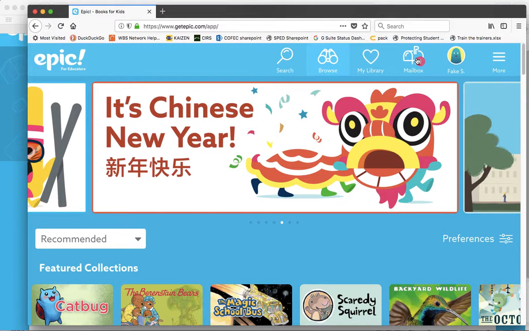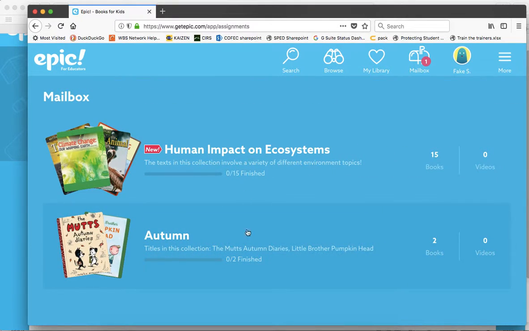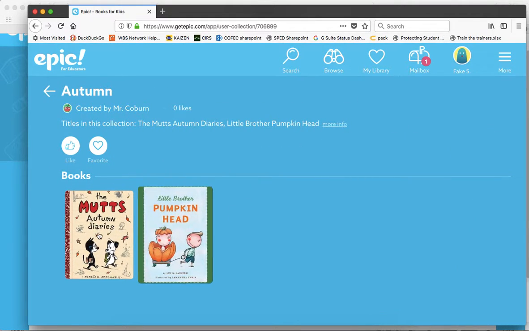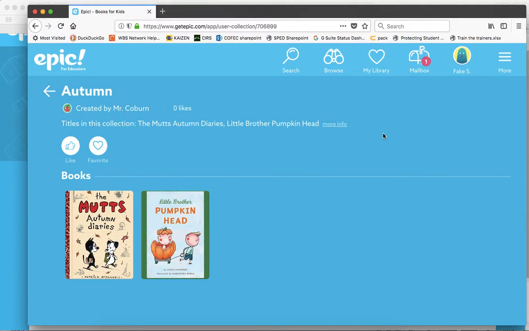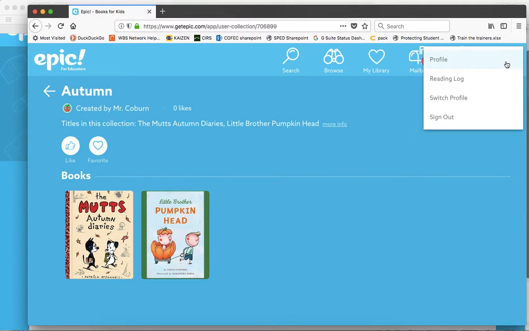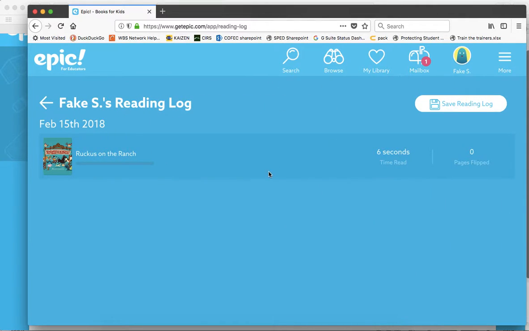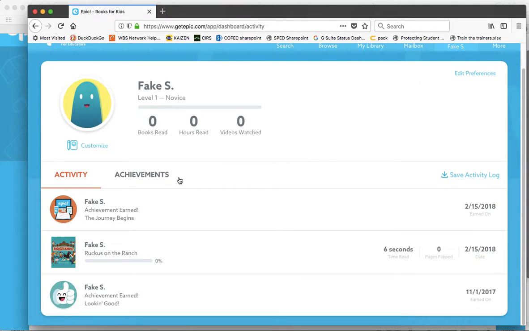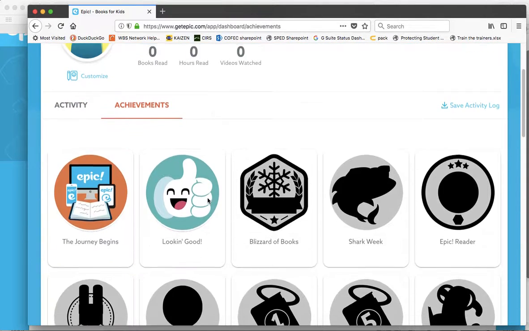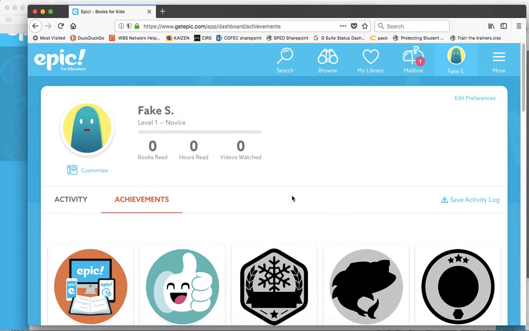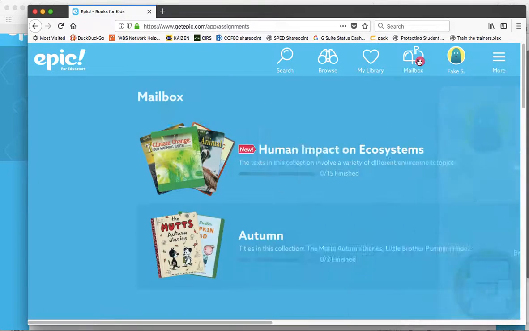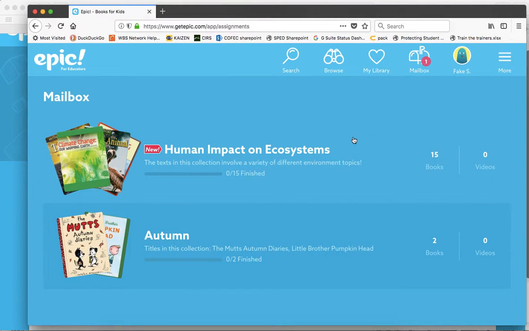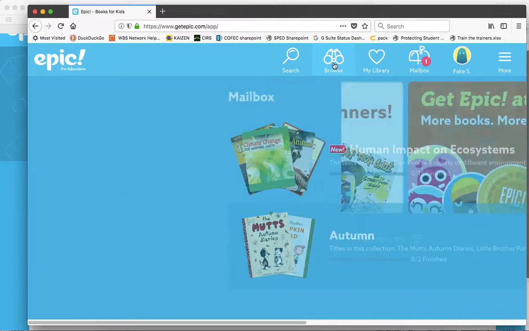Now, if I click on here where it says Mailbox, you can see this is where it has my 2 assignments. So at any point, I can click on my collection and pick those books. And if I do collect and read these books, it will list them in my reading log. And under my profile, it'll also list them under activity and also give me these little badges, so kind of incentivize it. But Mailbox is where it'll list those specific books you're assigning, those specific collections,